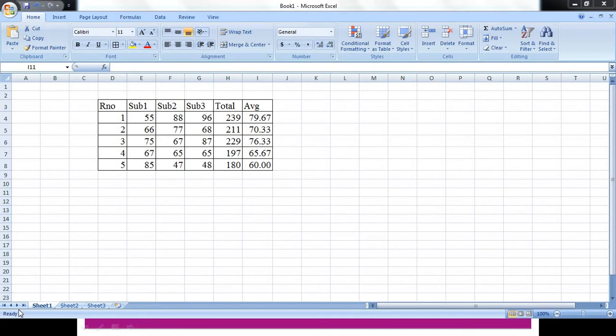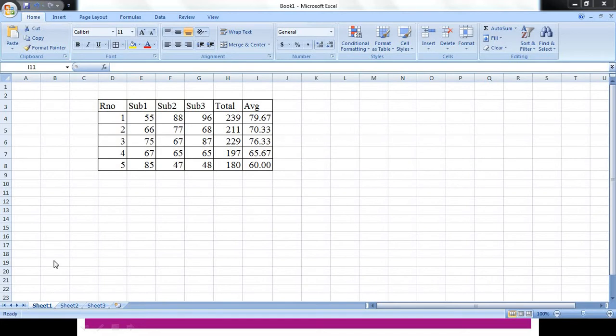And please understand, charts are used to analyze numerical data, not alphabetical data. Alphabetical data cannot be compared. Hence, for comparison, analysis or interpretation, we use numerical data.